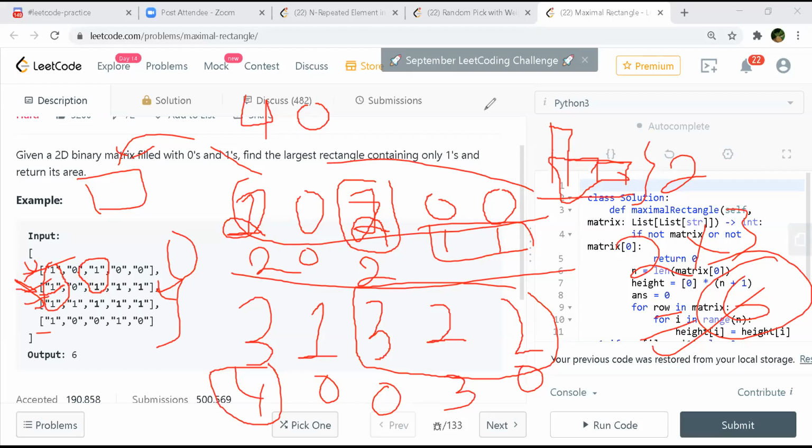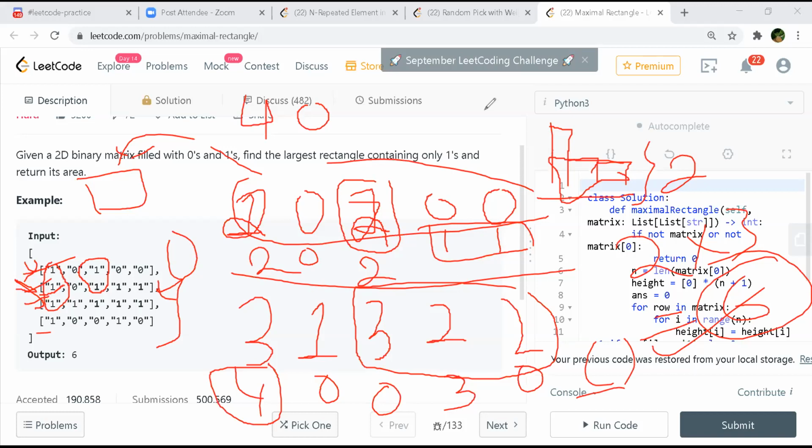And at every step we also need to calculate the answer, so that's O of one only, updating. I think he's talking about the stack part. Yeah, that's an O of n operation only, and we'll be doing it for every row. So wouldn't it be O of n into n into n?